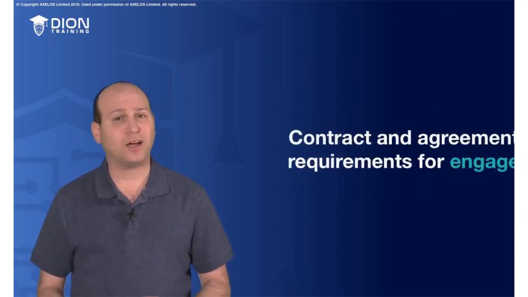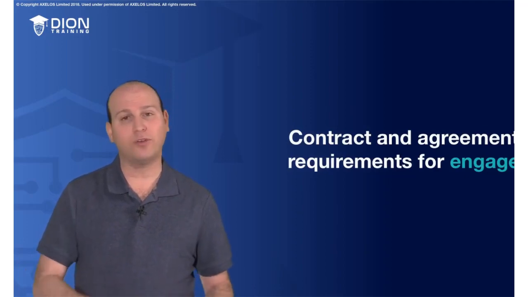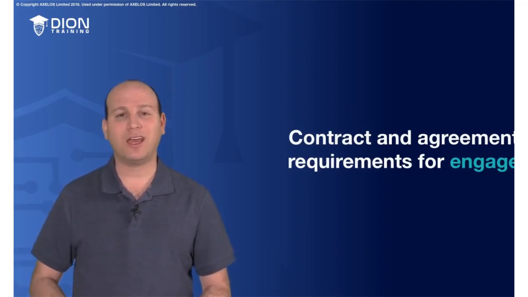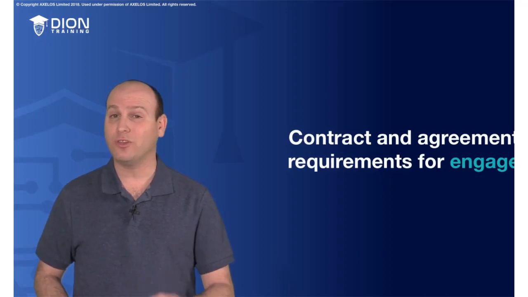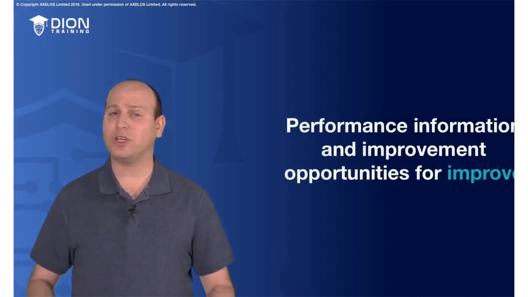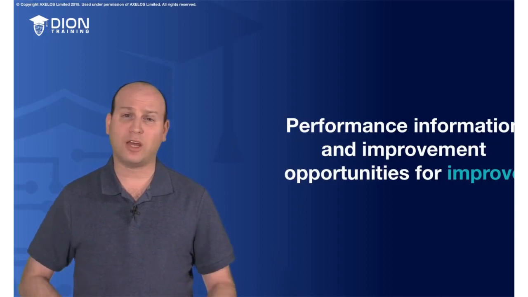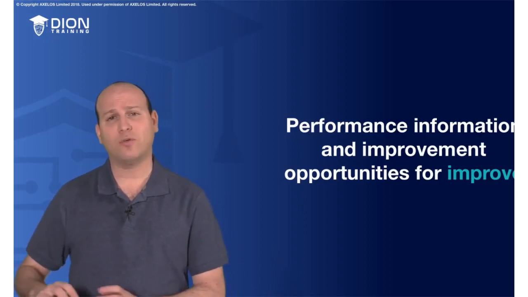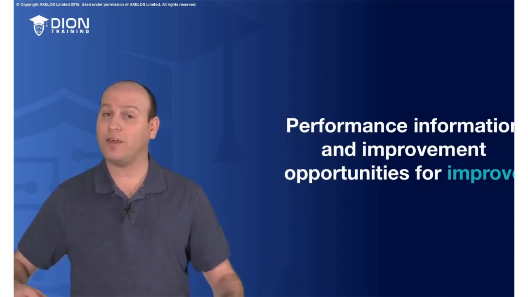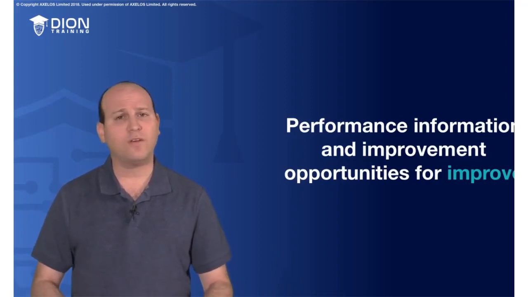Now, when we go back to contracts and agreements, we're going to send all that information and the requirements we have for those back to Engage, who's going to engage with those external stakeholders, those partners, and those suppliers. And finally, we're going to get all of the information about our own activity here inside of the Obtain and Build, and we're going to collect that performance information and improvement opportunities and pass that over to the Improve activity. That way they can consolidate that and look holistically across all of the activities